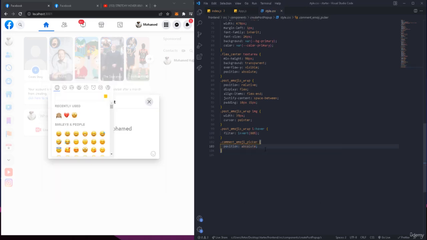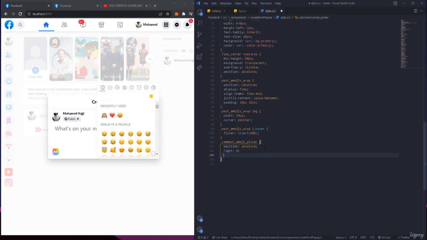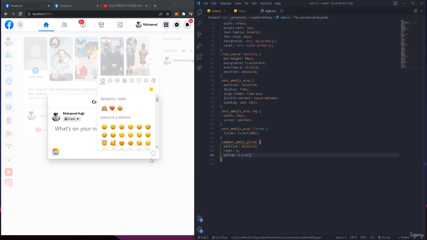Okay, so now it's gonna go back to the normal state, and then we're gonna make it right 0, and then from the bottom it's gonna be 2.5 rem, like this. Okay, so it's gonna be positioned just a bit after that. So that's the first thing, but also I'm gonna move it a bit. So I'll move, and we're gonna make the right